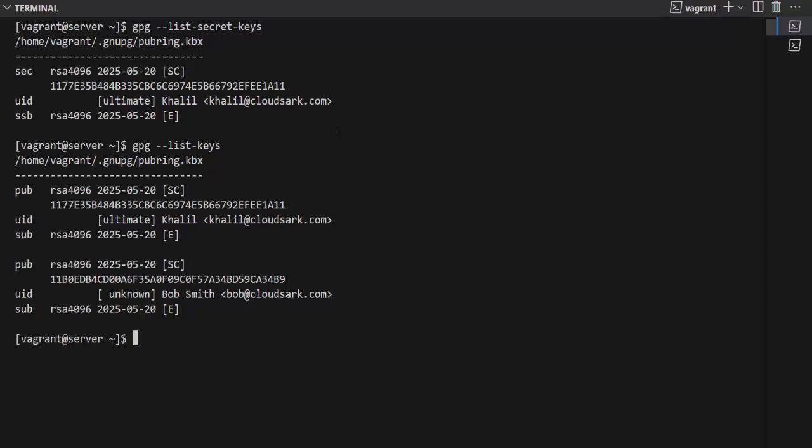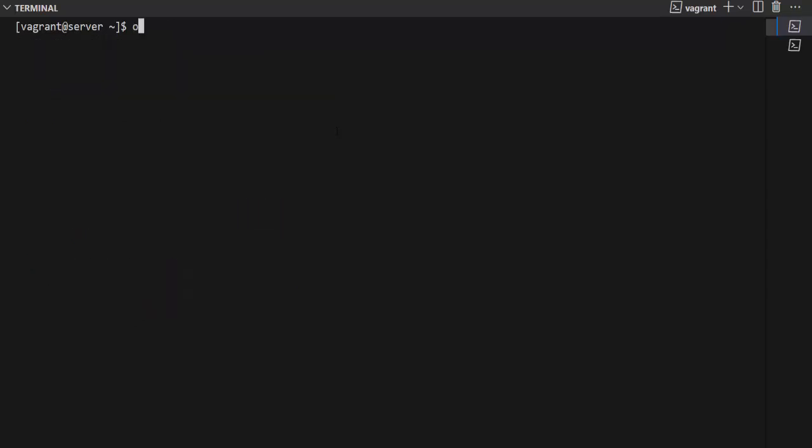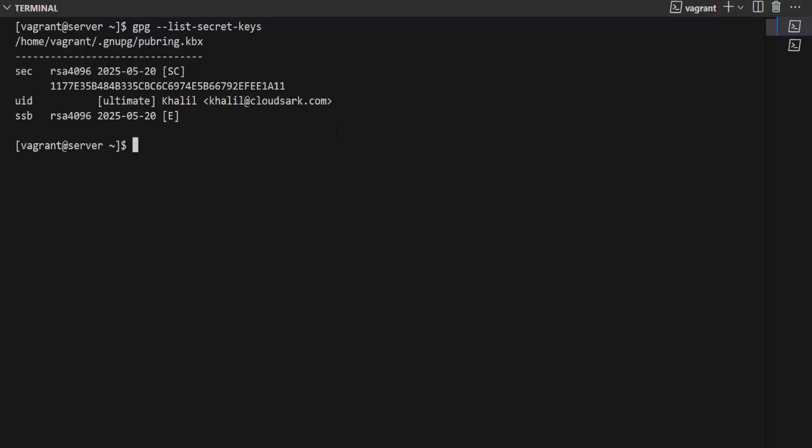You can also delete the private key or public keys on the system. So let's say that you want to, for some reason, delete the private key. You will list the available private keys you have. Then to delete this key, you will just type gpg --delete-secret-key, then the fingerprint for this key,